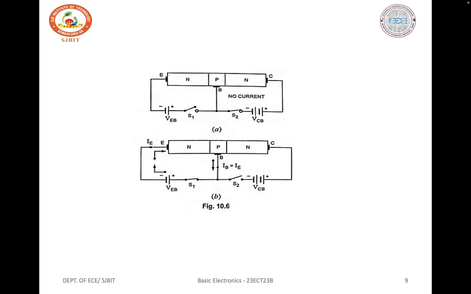Figure shows that the voltage sources are usually connected to the transistor via resistors. So the base bias voltage is connected via resistor RB and the collector supply is connected via RC. The negative terminals of the two voltage sources are connected at the transistor emitter terminal. That is, VCC is always much larger than VB, and this ensures that the collector base junction remains reverse biased, positive on the collector and